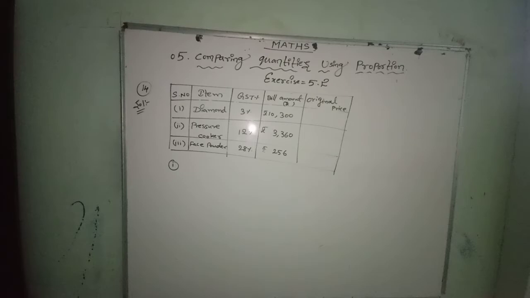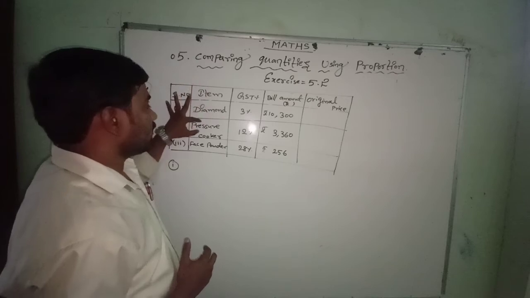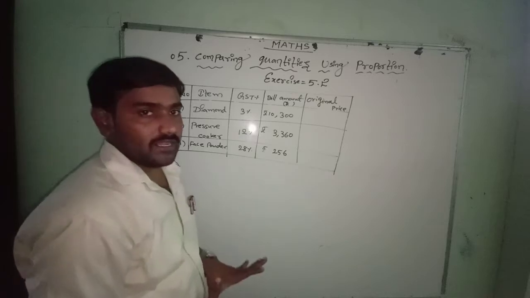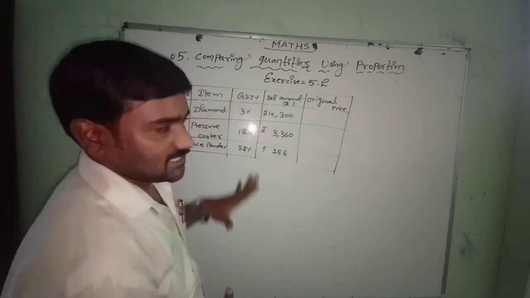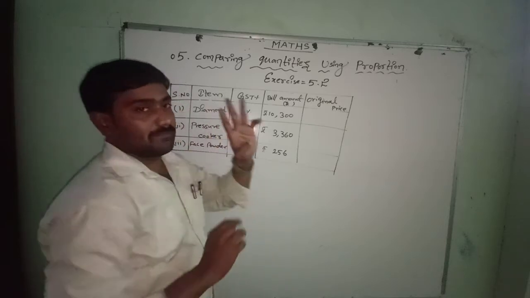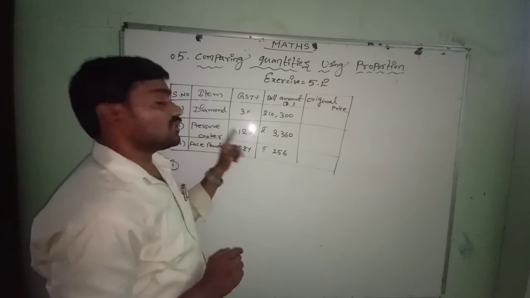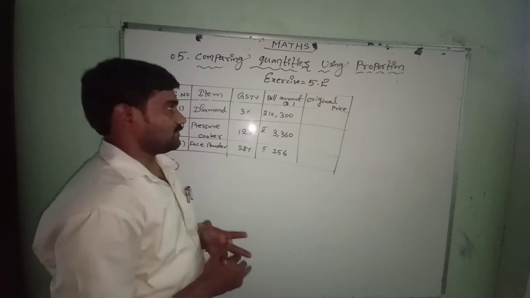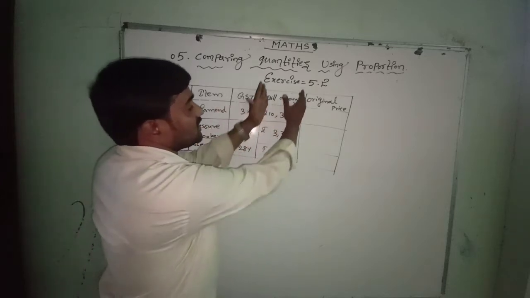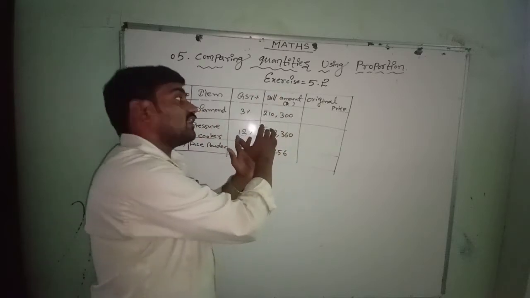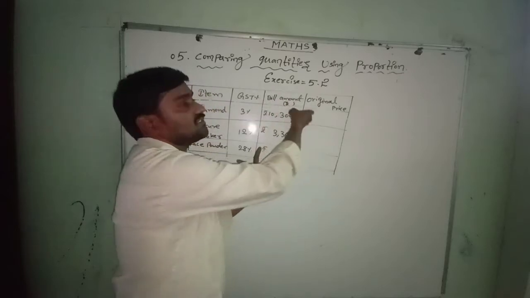Now here the 14th question, here given first serial number, then items: diamond, pressure cooker and face powder, and on this the GST will be applied. We know the goods and service taxes will be the same throughout the country. On diamond there is a 3% GST, on pressure cooker 12% GST, face powder there is 28% GST. So see, including GST, this is the bill. GST was included in this, it is not the original price. Now we have to find out the original price without the GST.